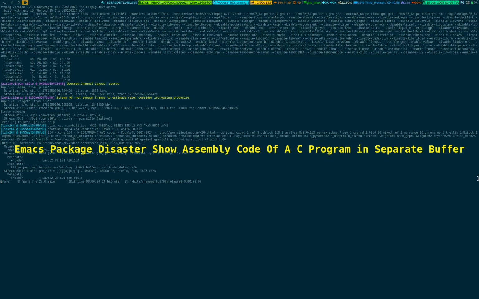Alright, here is a quick tip. If you are using Emacs and write C programs, you sometimes tend to look at the generated assembly code. There is a package in Emacs called disaster,